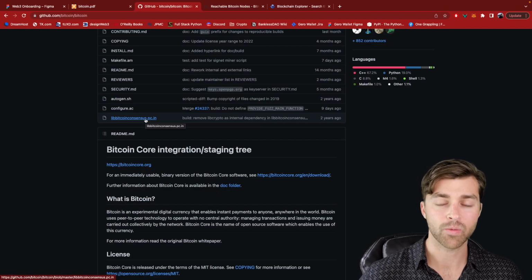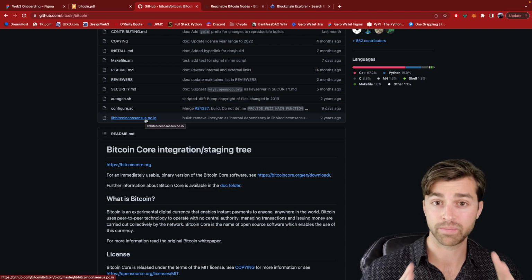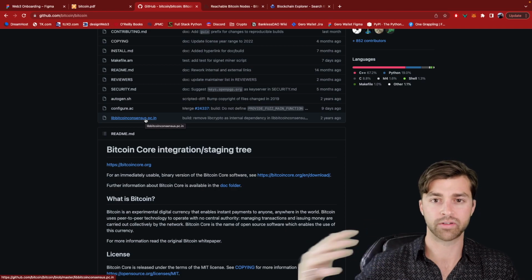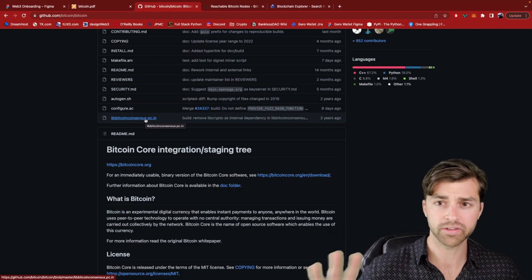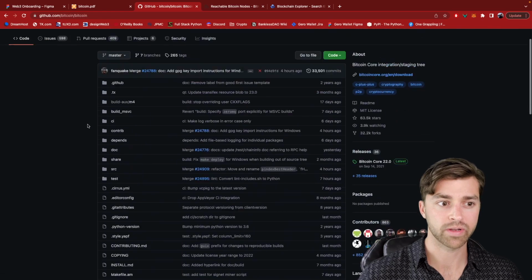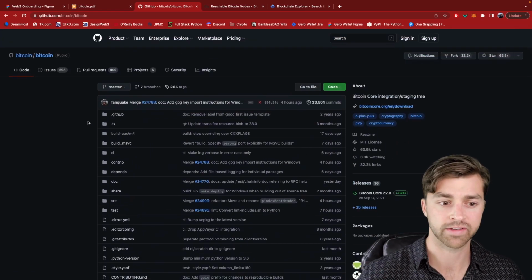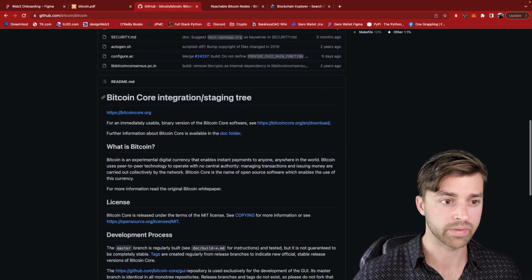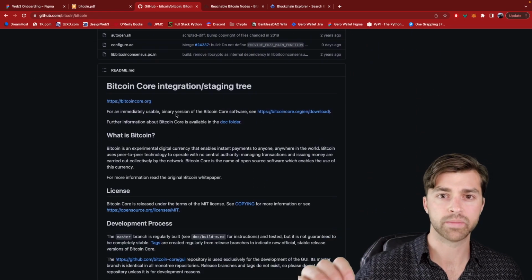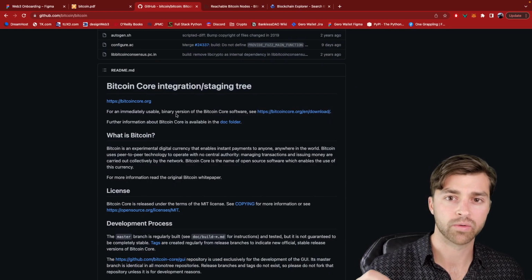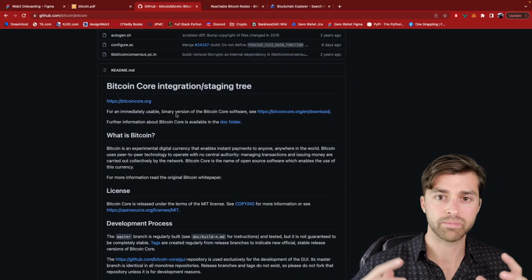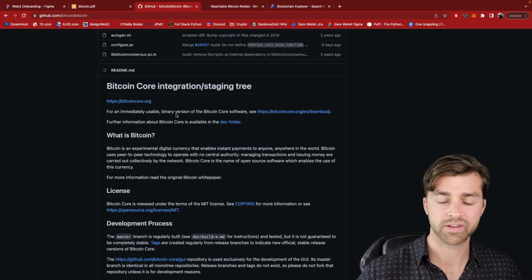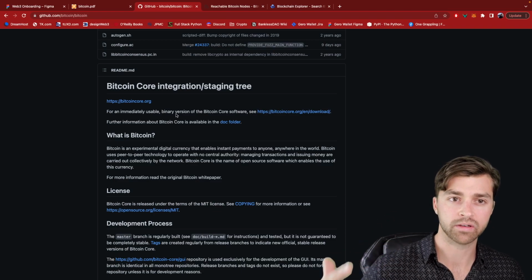Now let's talk about what Bitcoin actually is. You can think of Bitcoin in several different layers. The first, most basic layer is that Bitcoin is open source software, as I just said. This is a GitHub repository for something called Bitcoin Core. I could download this to my computer, and when I start running it, my computer becomes a Bitcoin node. It joins the Bitcoin network,